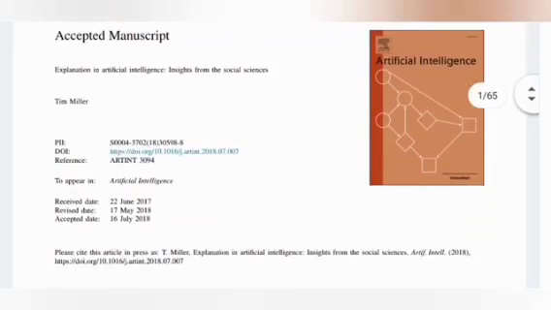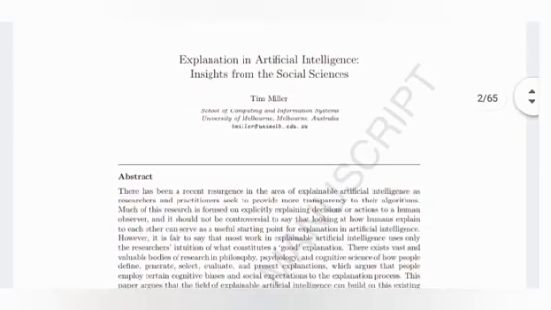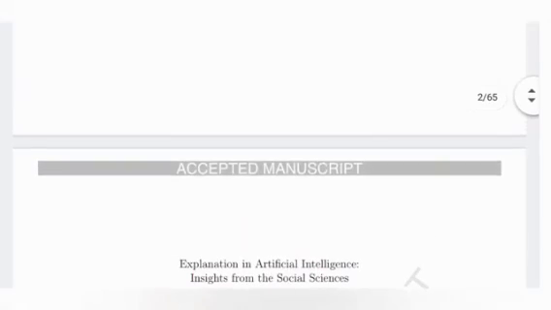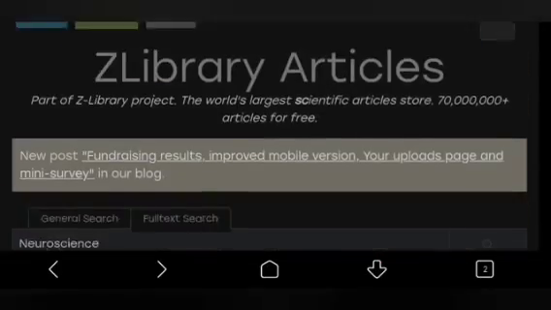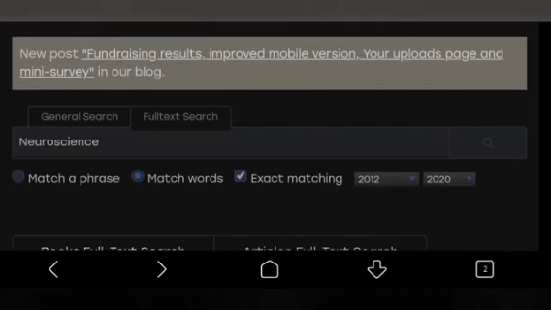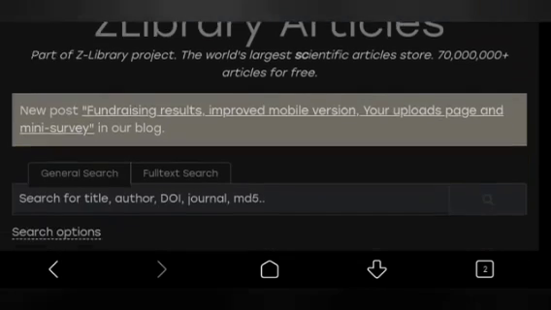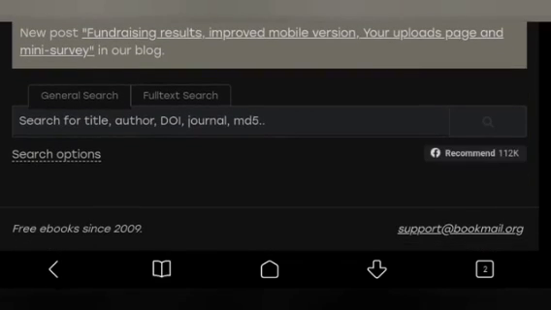You can search articles related to your area of research, or mostly this site is made for books, especially any kind of books you can get here. Or sometimes if you are looking for articles, this site is also helpful for downloading articles.